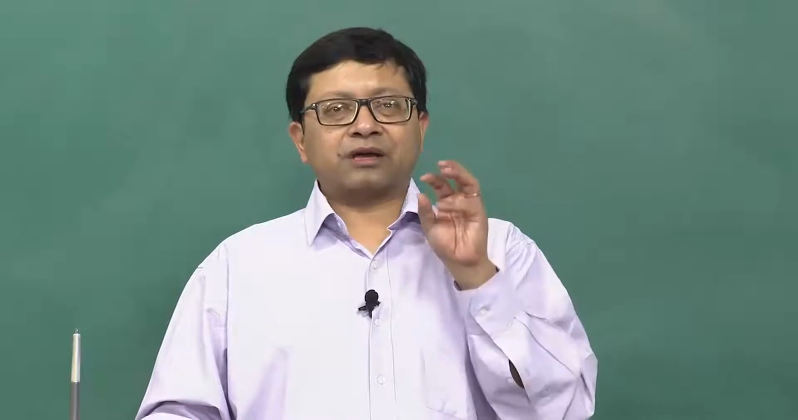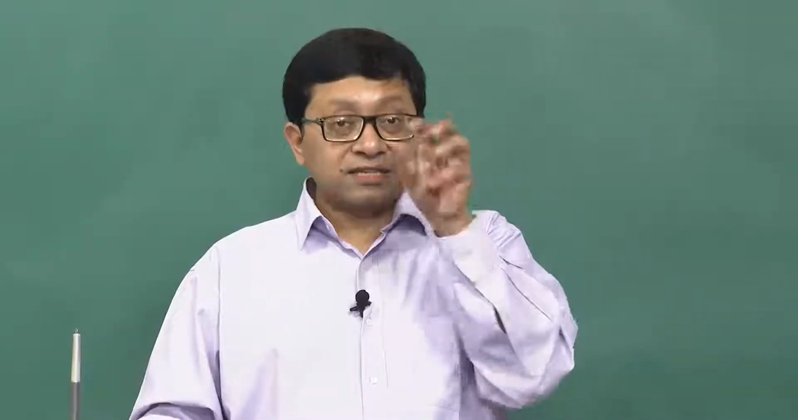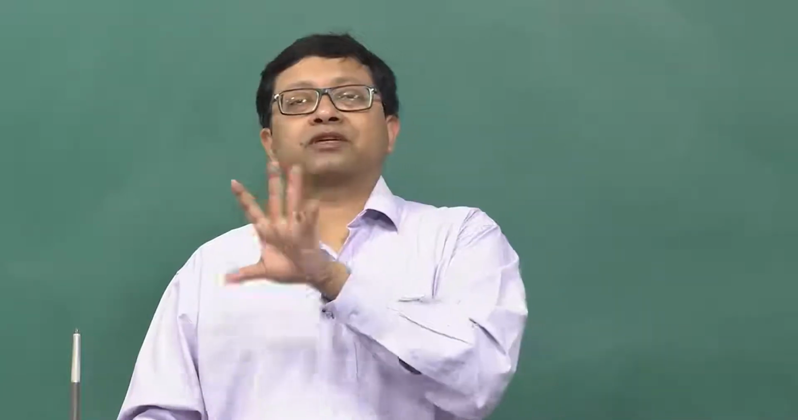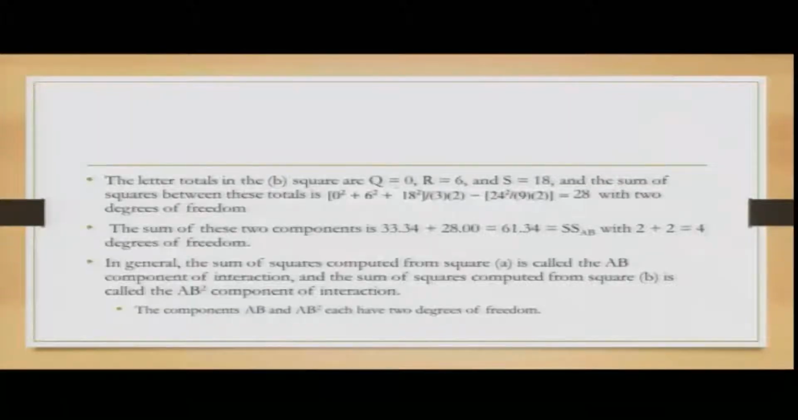Your main answer is to be able to utilize the least set of information to get the maximum set of output. So, the letters obtained in the square. We are considering the square of the grids, where the values of q is equal to 0, r is equal to 6 and s is 18, and the sum of the squares between the totals would obviously be 0 square plus 6 square plus 18 square, divided by the corresponding factors, and you will get 28